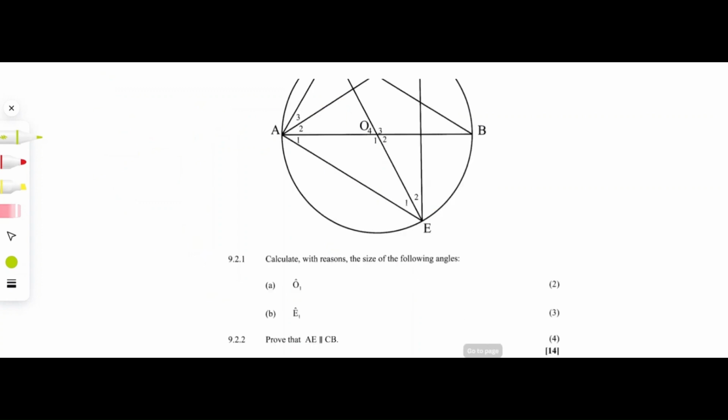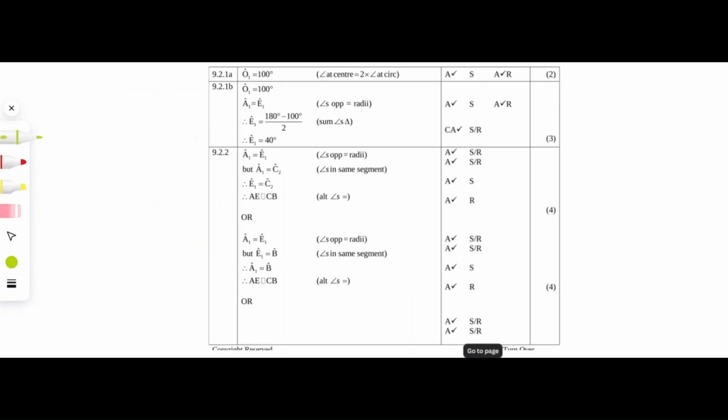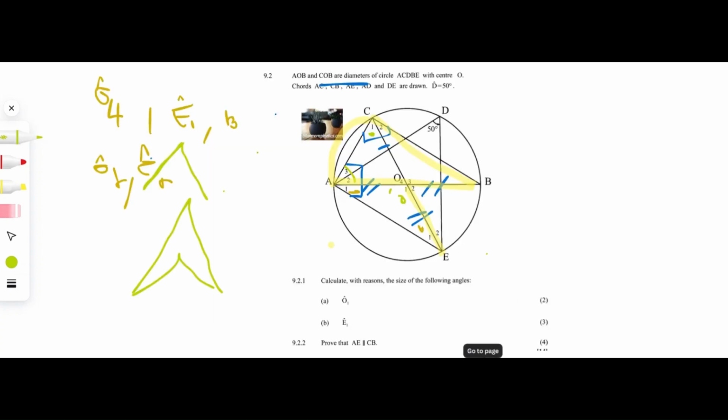So that's very important to remember. It's very important to annotate. O1 equals 100 degrees because of angle at center equals twice as much as angle at circumference. Now let's continue on with the next question. 1. Calculate the value of